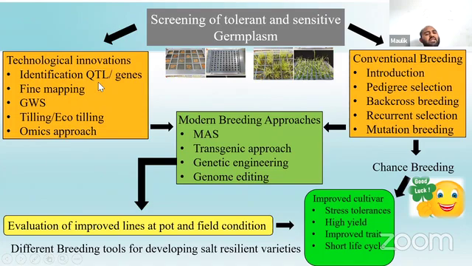Identification of QTLs which govern the salt tolerance, its fine mapping, genome-wide association study, TILLING, Eco-TILLING, omics approach. These are all the tools which help in fine tuning of the particular tolerance mechanism, meaning which gene and which metabolite are responsible for providing the salt tolerance. And by using all these source genes, we can use them in marker assisted breeding, transgenic approach, genetic engineering, and